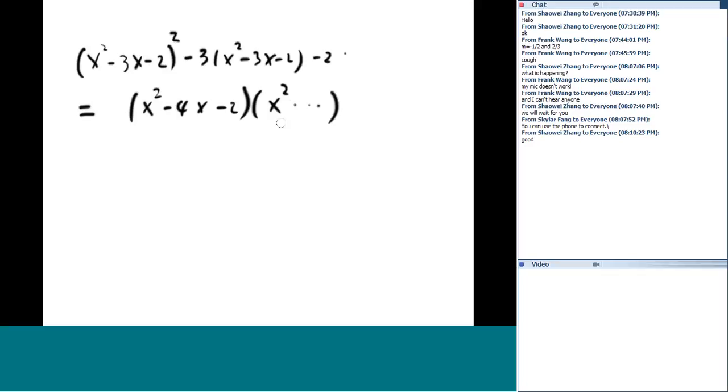So the key is you prove this is a factor of this. This is the key. How do you prove it? You can do it that way. You let